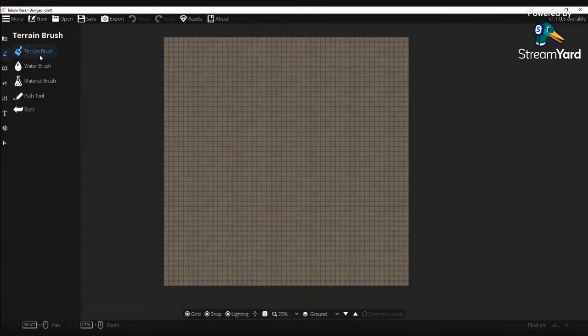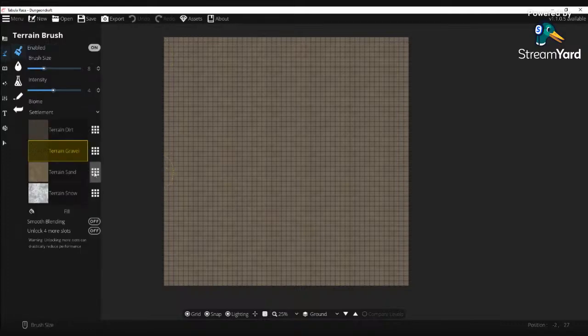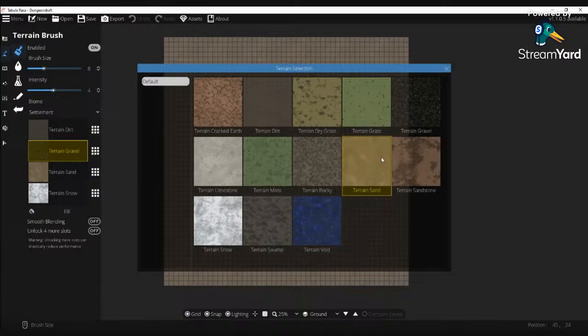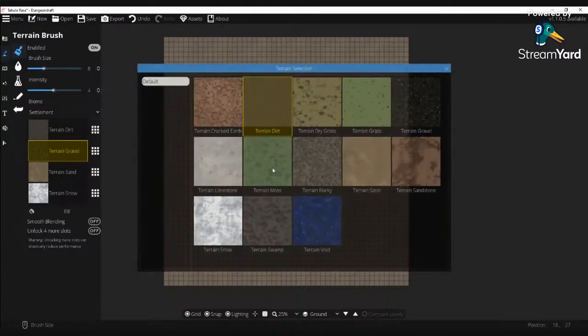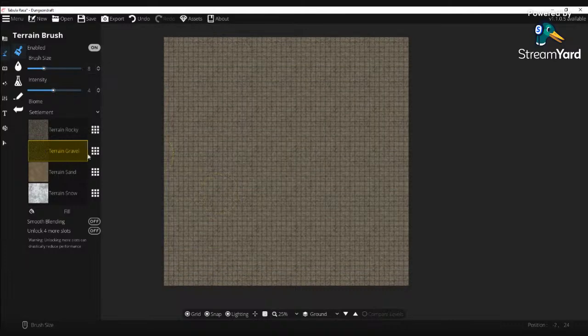So if we're going with a desert, we have sand, which is, I believe, what we already have on there. The sand, you can see here we have presets. Now that sand is kind of basic, but it'll work. It's not as light and sandy as one might want, but we can mess it up a bit because we can also go ahead and throw in rocky terrain. No, we don't want the whole thing to be rocky. No, go back, sand. All right, we want,